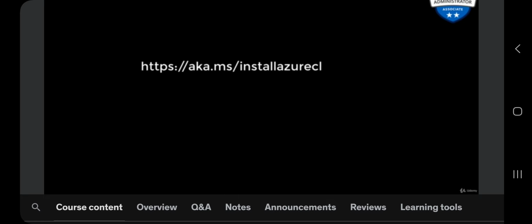Just like PowerShell, you can also manage the resources using Azure CLI. You can download the Azure CLI module from the following URL. All you need to do is just go to this URL and download this executable. Once it is downloaded and installed, you're ready to run the Azure CLI commands. I've installed the Azure CLI executable on my computer already, and I should be able to run the az commands on my machine. To find the version of Azure CLI, you need to run